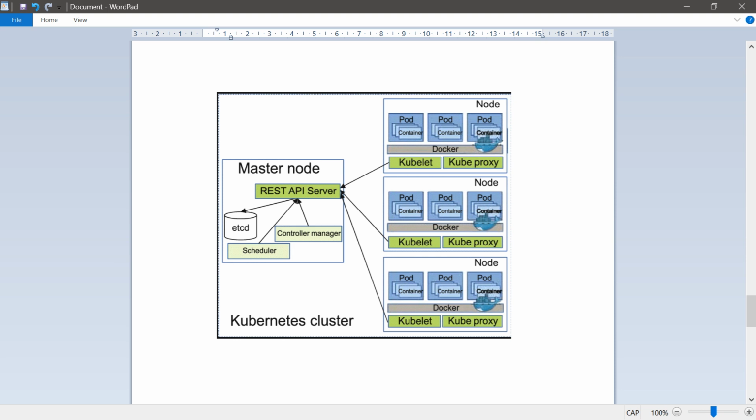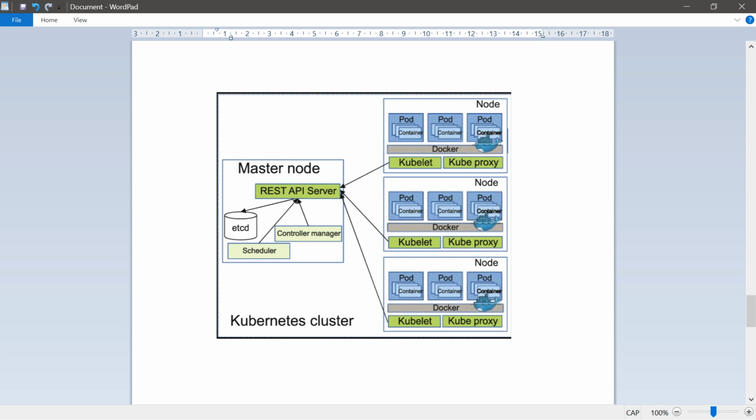The scheduler assigns your app to a worker node. It auto-detects which pod to assign to which node based on resource requirements, hardware constraints, etc. The Kubernetes scheduler is a policy-rich, topology-aware, workload-specific function that significantly impacts availability, performance, and capacity.